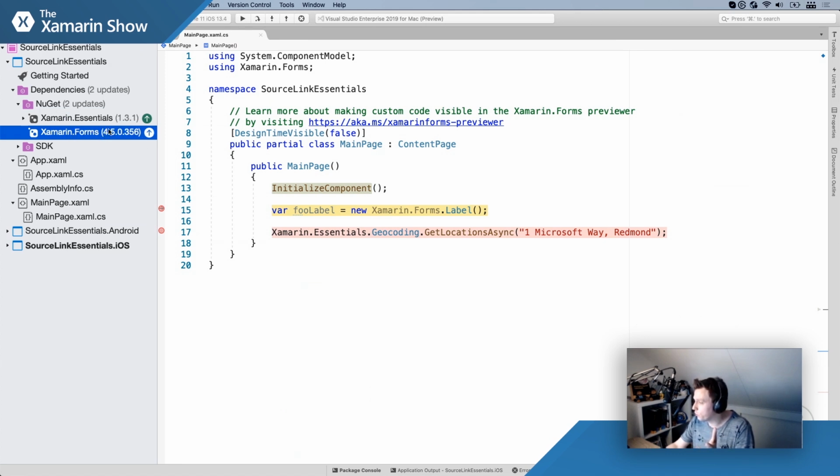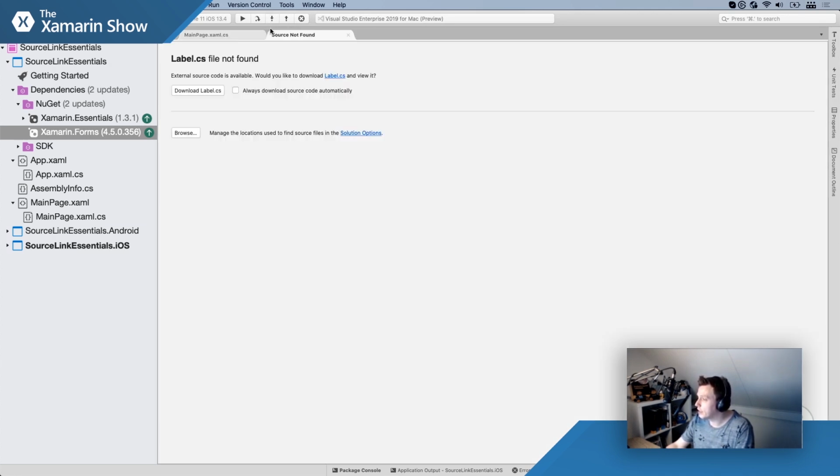So in this case, it's 4.5. I'm just newing up a label, nothing fancy. But whenever I go to these buttons right here and I use the Step Into button, normally it would just skip over because this is not my code, right? This is something that Xamarin.Forms has. But when I do Step Into right now, again, you will see this pop-up coming up like, hey,